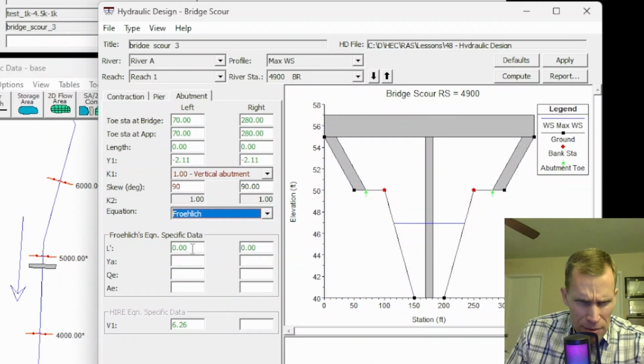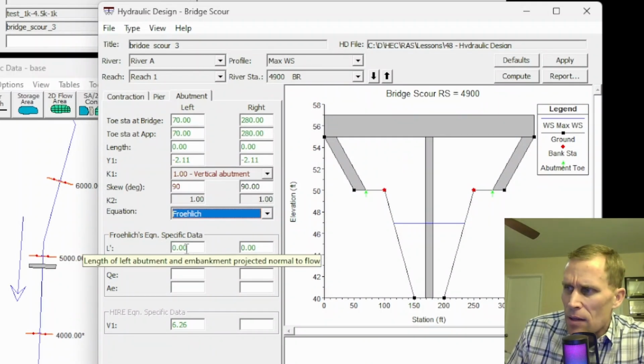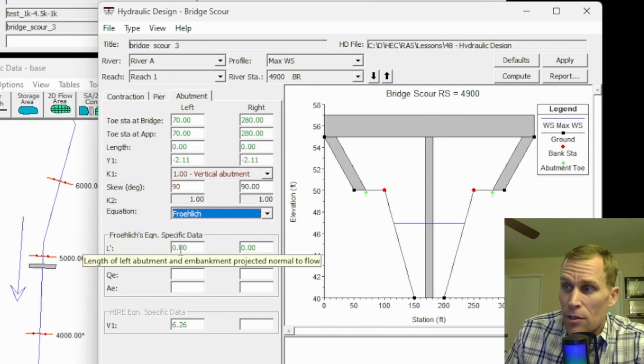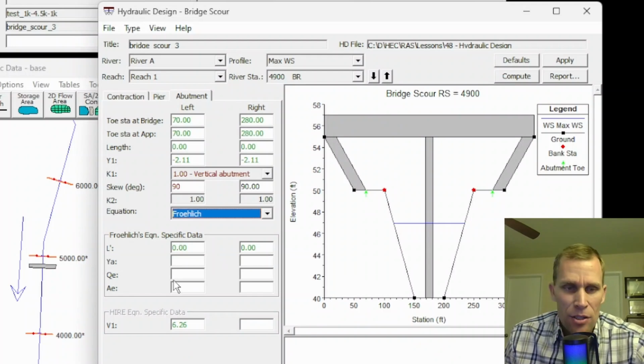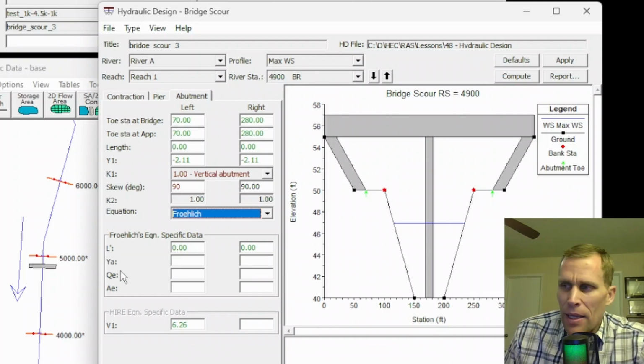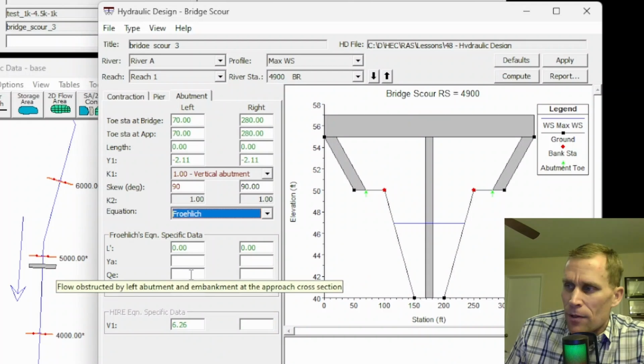L prime is 0 right now. This is the length of the abutment normal to the flow. This value is automatically computed by the program once the user enters an abutment length and a skew angle. After that, YA, the average depth of flow or hydraulic depth that is blocked by the embankment at the approach